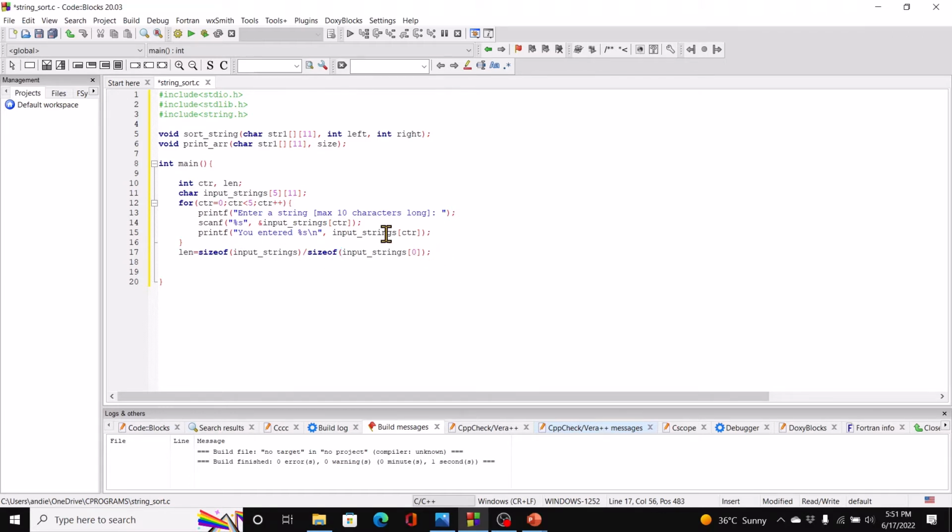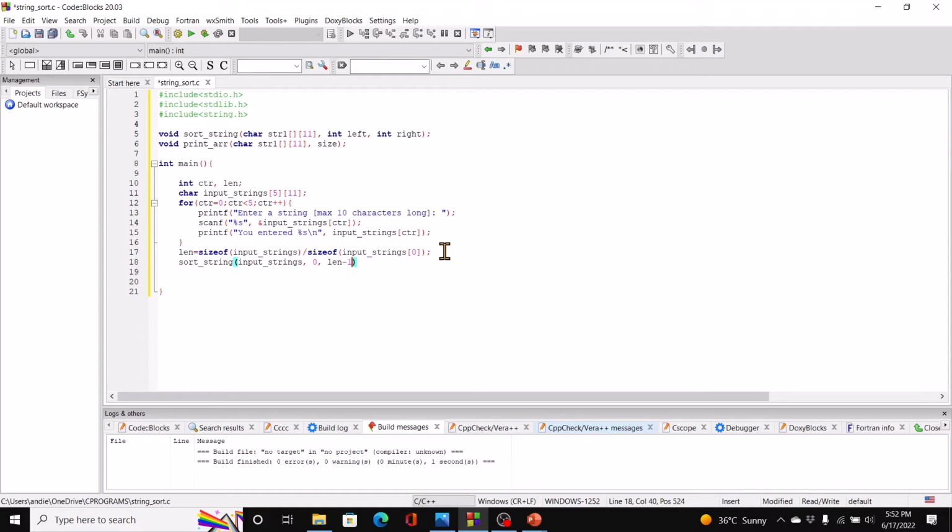And you might say, but we already know it's 5. I'm just putting that in because you will use this frequently to find out the number of elements in an array. Then we call the function sortString and pass in the arguments inputStrings, comma 0, comma len